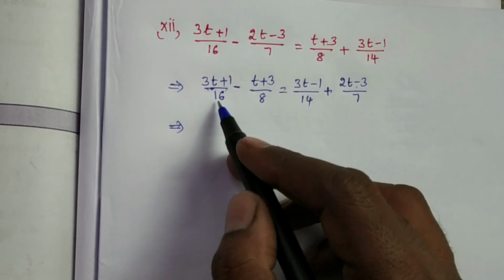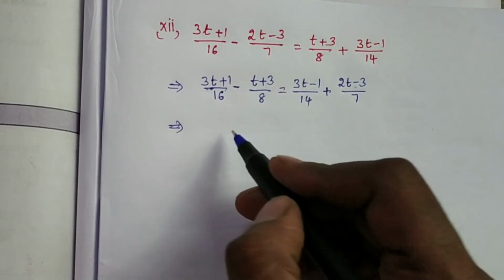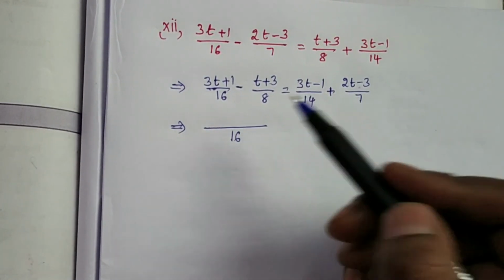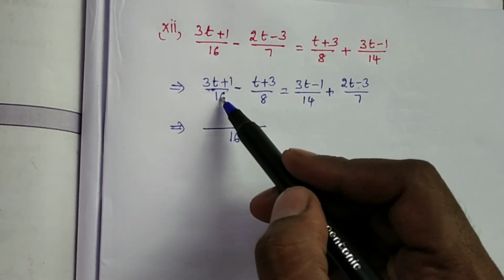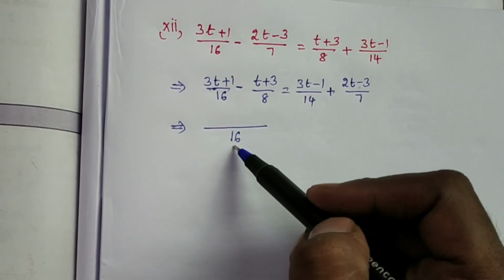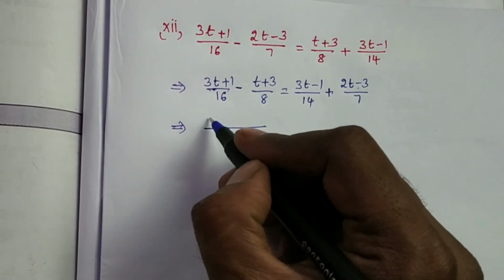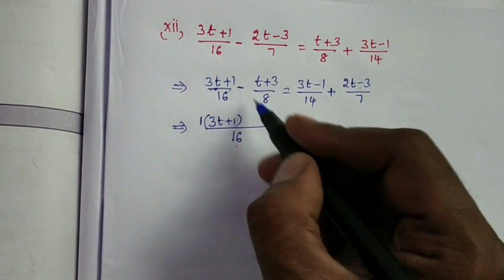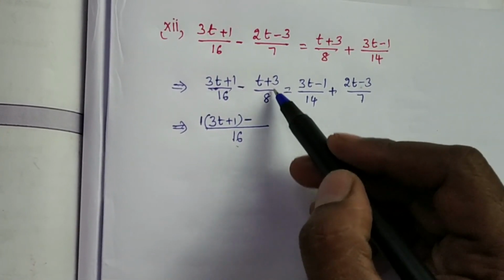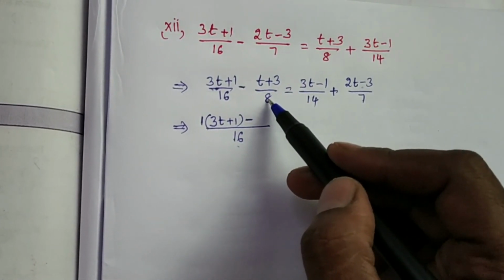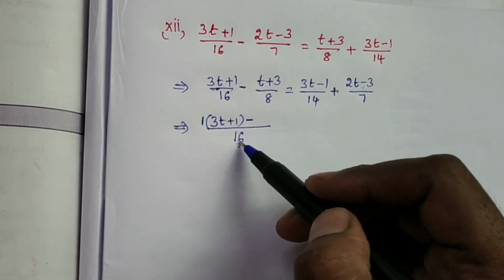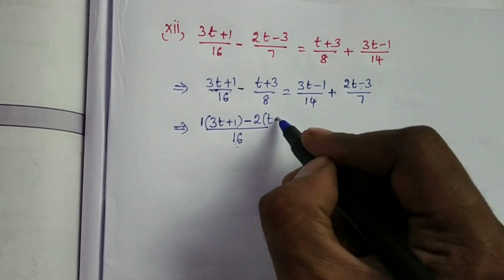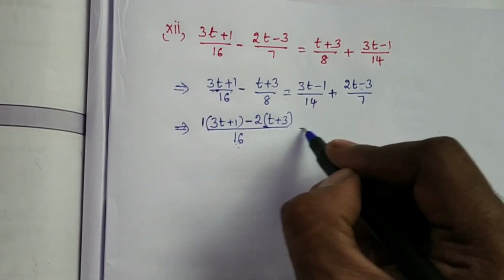So here 16 is a factor of 16, 8 is a factor of 16, so LCM of 16 and 8 is 16. So in the first fraction, denominator 16, in LCM 16 one time will cancel, 1 into 3t plus 1, that is 3t plus 1, 1 into, here minus is there. In the second fraction, denominator 8, in LCM 16 2 times will cancel, so that is 2 into this numerator, that is t plus 3, is equals to,